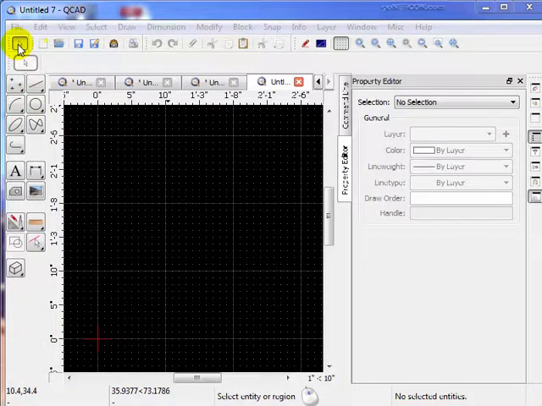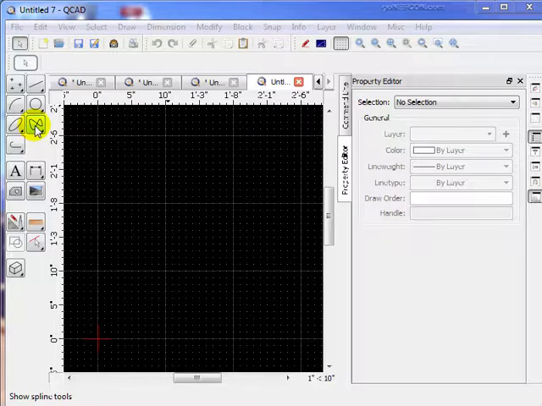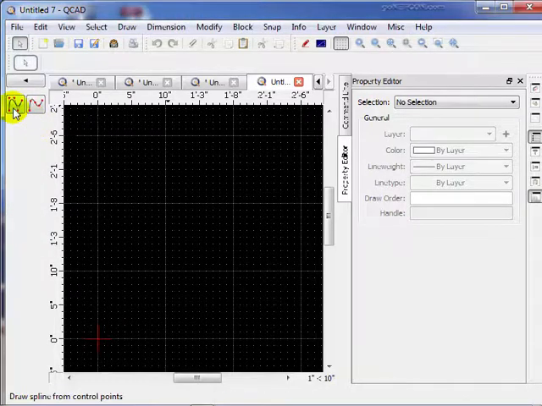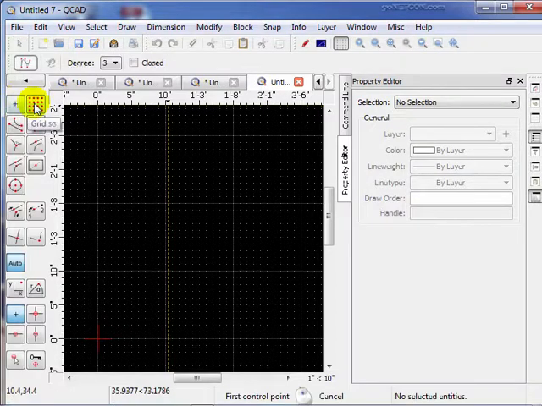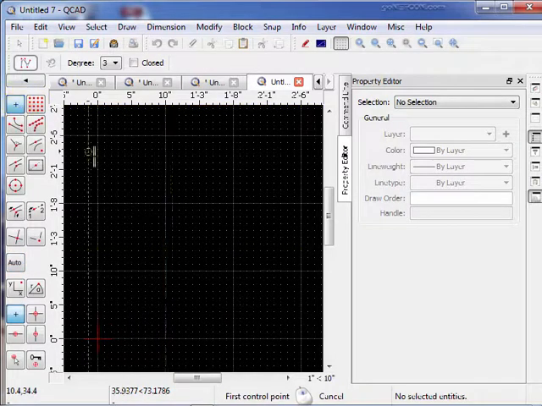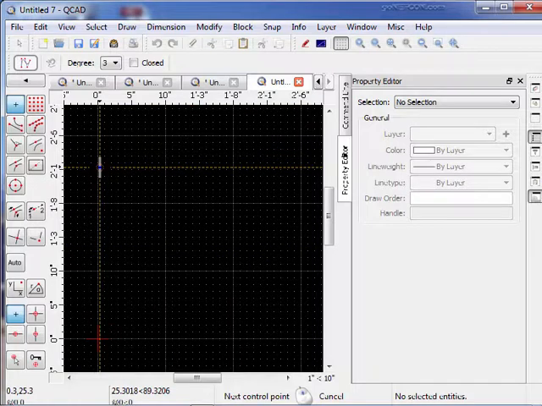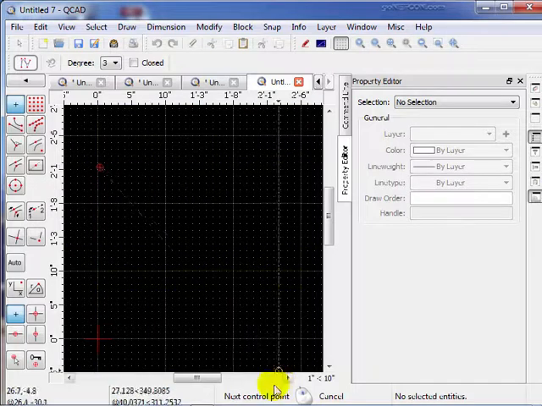Now we're going to look into the splines toolbars. And there's two types of splines here. There's a control point spline, and there's the other type which just says fit to points. So let's just use a control type for a second. And we're going to snap to grid. We're going to free flow. We're not going to snap to anything. And down here it says first control point. So we select a control point. It says next control point,